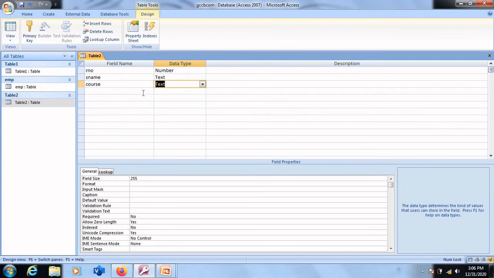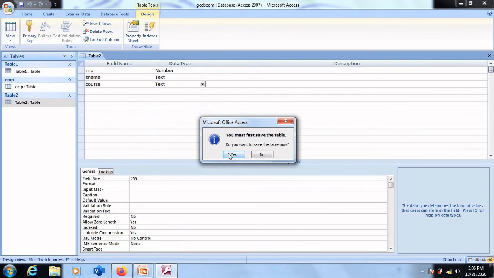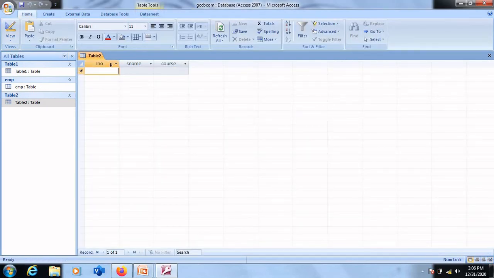We are yet to enter actual data into it. So in order to enter actual data into this blank table, I will have to go to table panel available at the extreme left part of your screen, and select the required table and double click on it. Double click on table 2, and table 2 in data entry mode will be displayed. Let me enter roll number as 1.